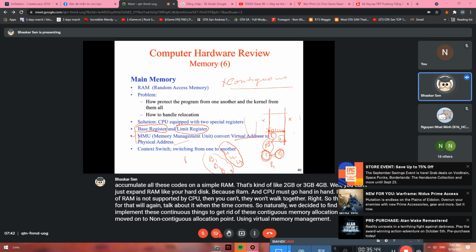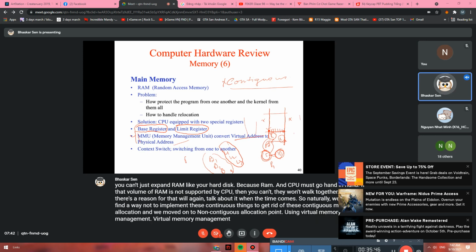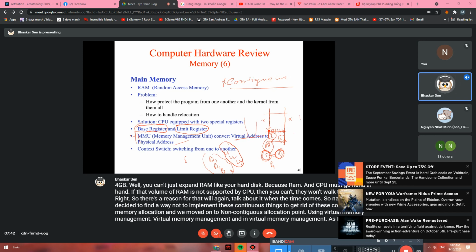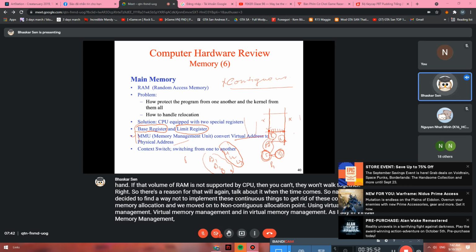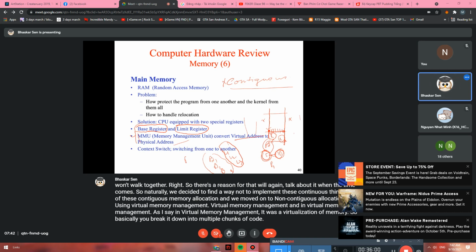And in virtual memory management, it was a virtualization of memory. So basically, you break it down into multiple chunks of code and you break it down into multiple